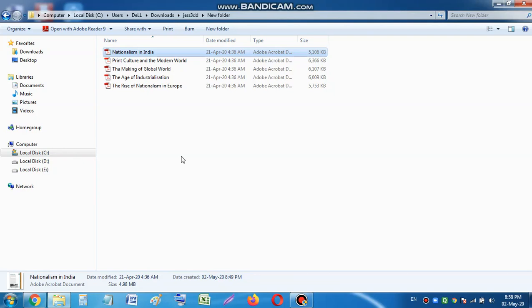We have downloaded the 5 chapters of history of grade 10 from the NCERT website, and we have these 5 chapters in front of you. You can see them over here. I'm going to help you out with the first chapter. I'm going to make a few slides with you all, so that you can all learn with us, है ना? So let us start. This one is the Nationalism in India, first chapter.